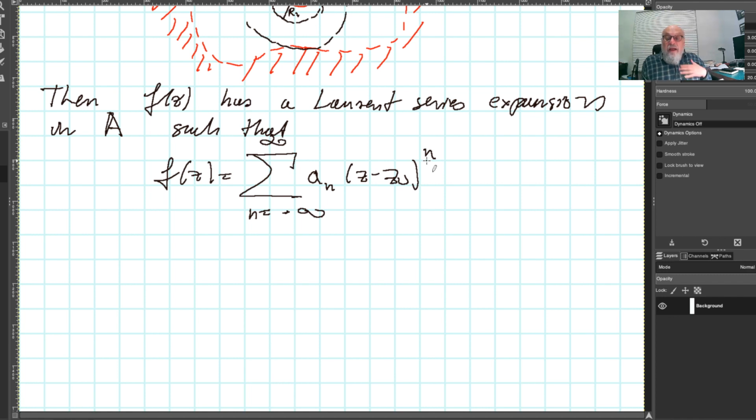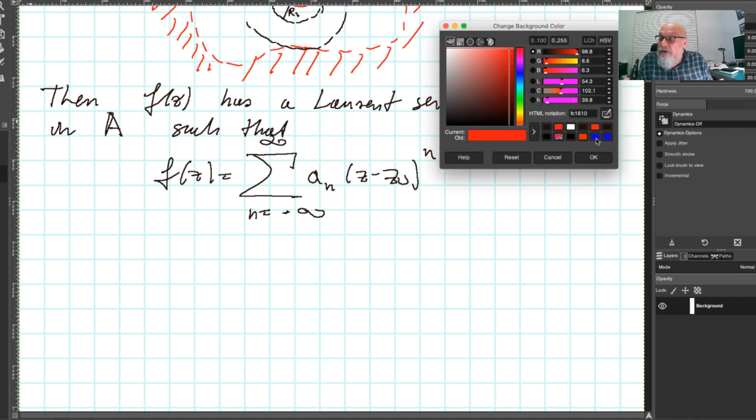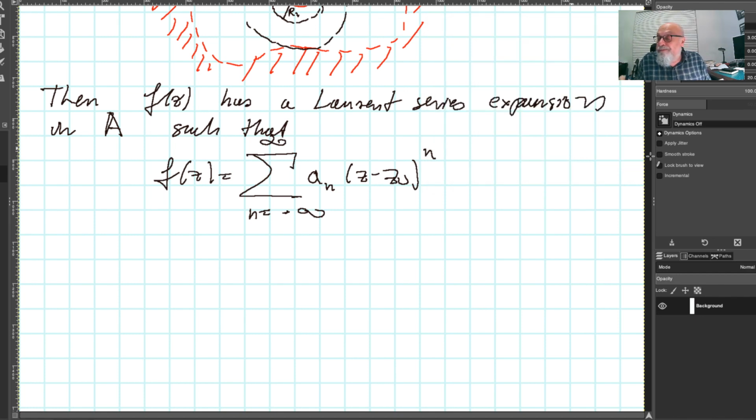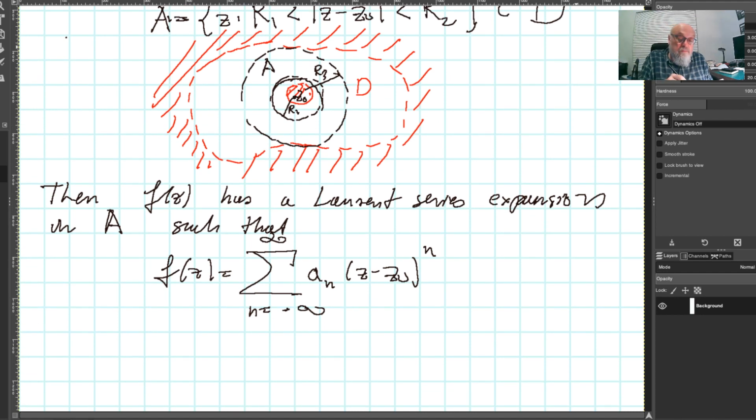And we are actually able to give you the formula for this a n. Namely, I can choose any circle gamma, positively oriented around the z0. So gamma is this circle around the z0 inside A. So say like this: gamma equals